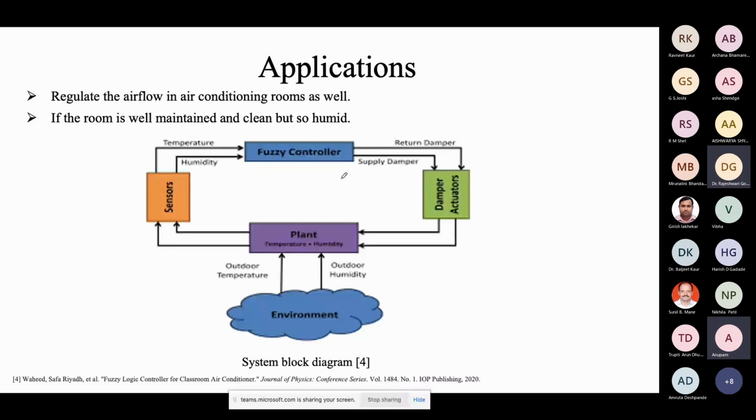So here also in temperature control it can be used. When we are controlling the temperature in a room, it has two parameters: the temperature, what temperature you want, and humidity. Humidity is one of the challenging issues these days, right? Because even if the temperature is normal, around 25 degrees Celsius, the humidity may change, right? So that controller, and now a PID controller can also do the same stuff, but fuzzy,